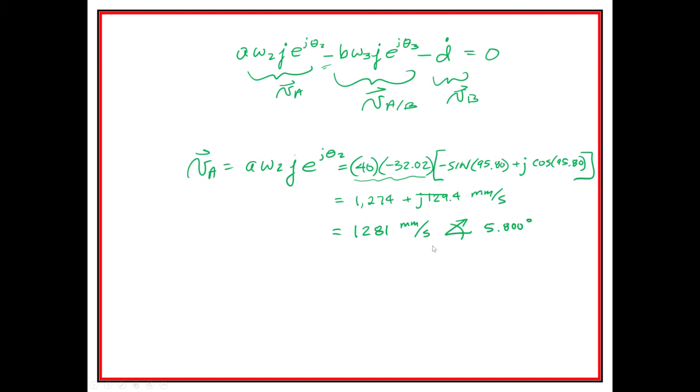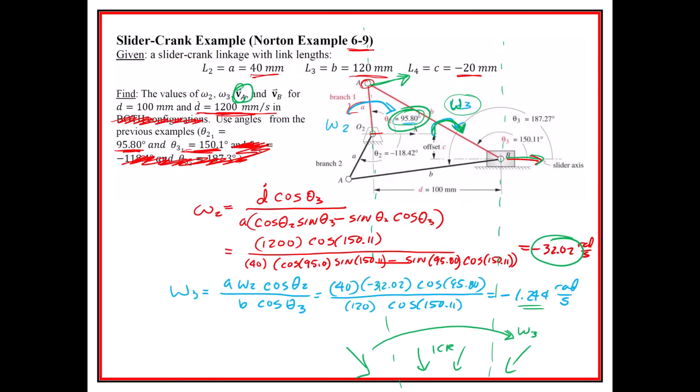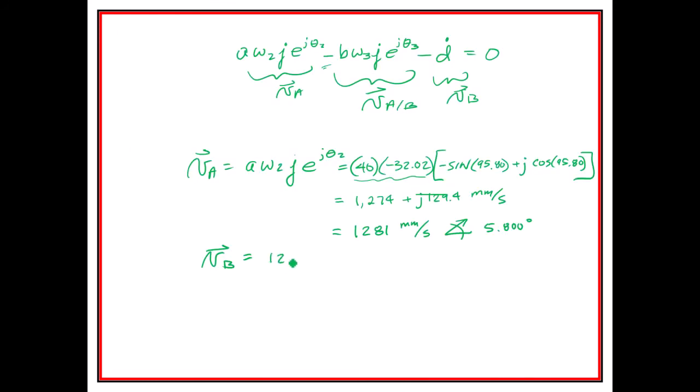And then of course we already know what VB was going to be equal to. That is the 1200 right here, so it's just 1200 millimeters per second. That's going to the right. So if we wanted VA with respect to B, we could just subtract that thing out right there. So all we would do is subtract out B from A. So all you're left with is like 274 plus J. Yeah, we're subtracting B out, so it's